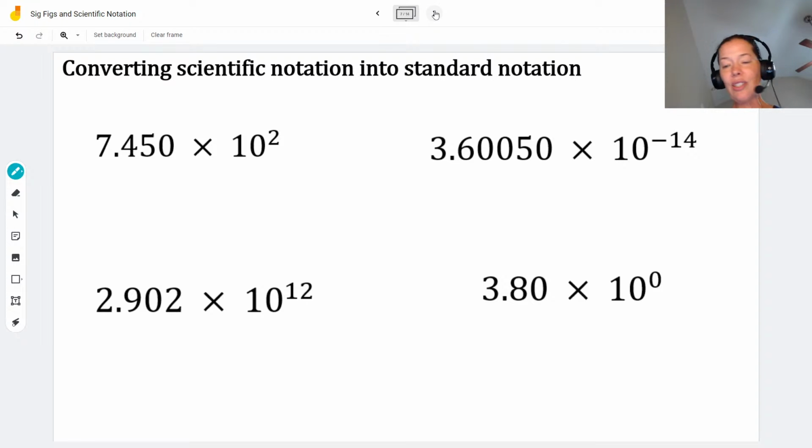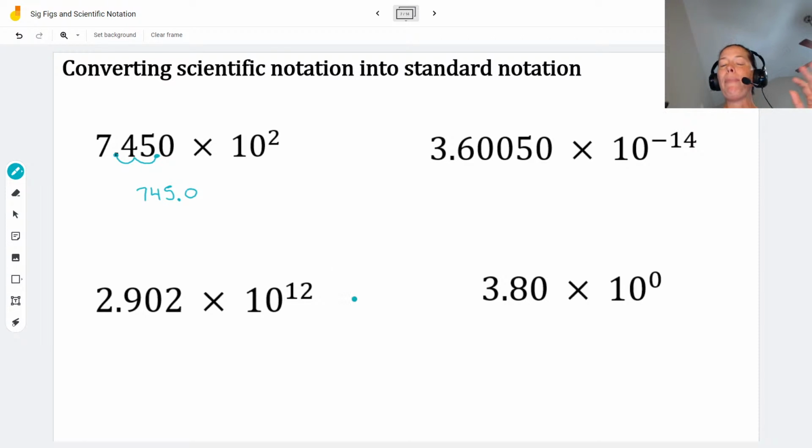All right, so all of these are in scientific notation, and let's put the decimal with all of the zeros that it needs to have. Starting in my upper left, I have a times 10 to the second. It's a positive exponent. That means it starts here, and I'm going to go 1, 2, and it's going to end up between that 5 and that 0. So this number is